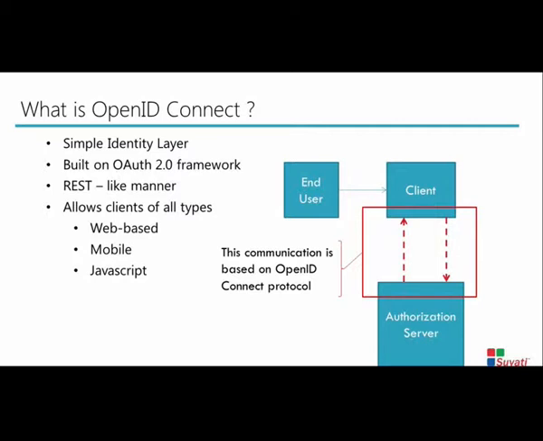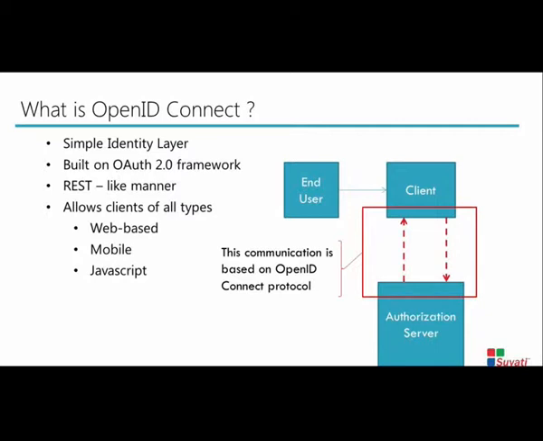So when we have this much flexibility around HTTP requests and responses, the response body being XML and JSON, that facility enables clients of all types to use the OpenID Connect protocol.